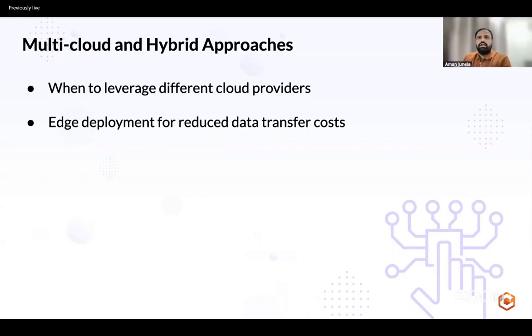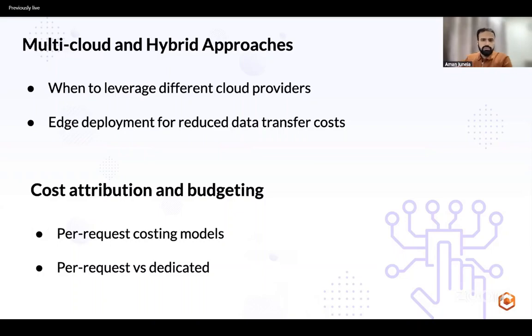Sure. So I think when it comes to multi-cloud or hybrid approaches, all this starts from what the business is going to serve. Are there any compliance requirements? Can you put the data on the hyperscalers? Can you put it on any other niche providers? There are two things that need to be answered: what you are trying to build and what the limitations are, like are there any compliance requirements. Now,